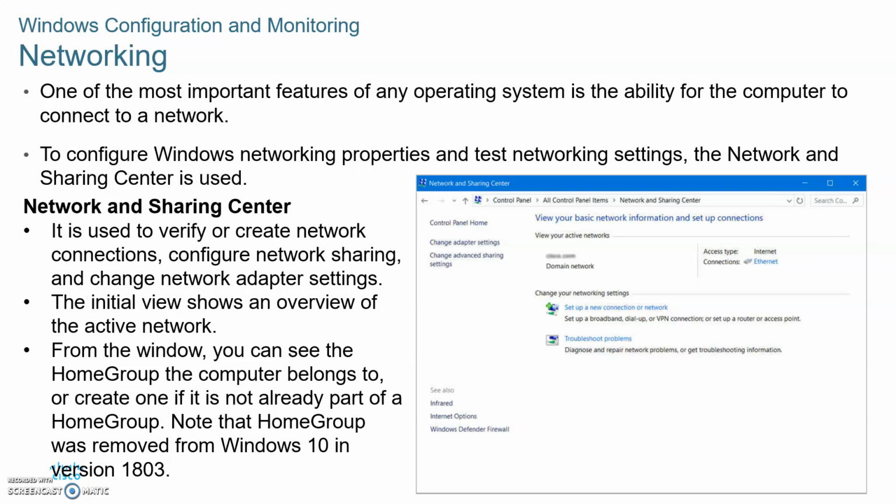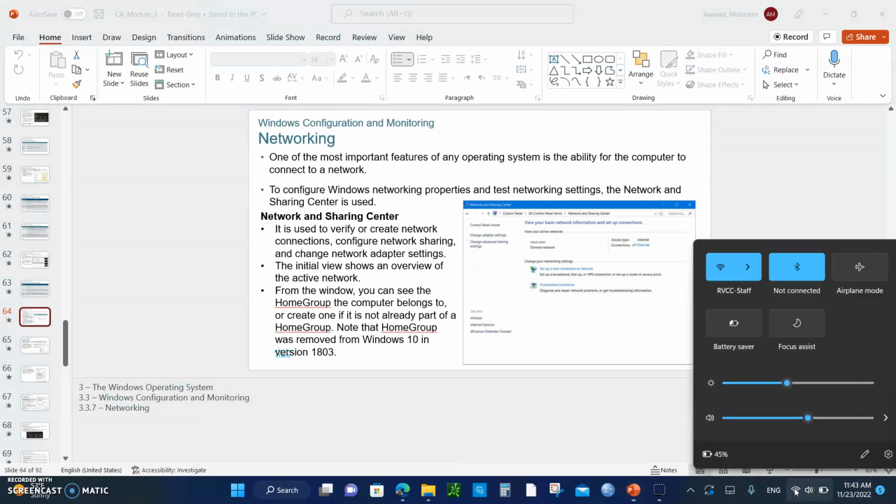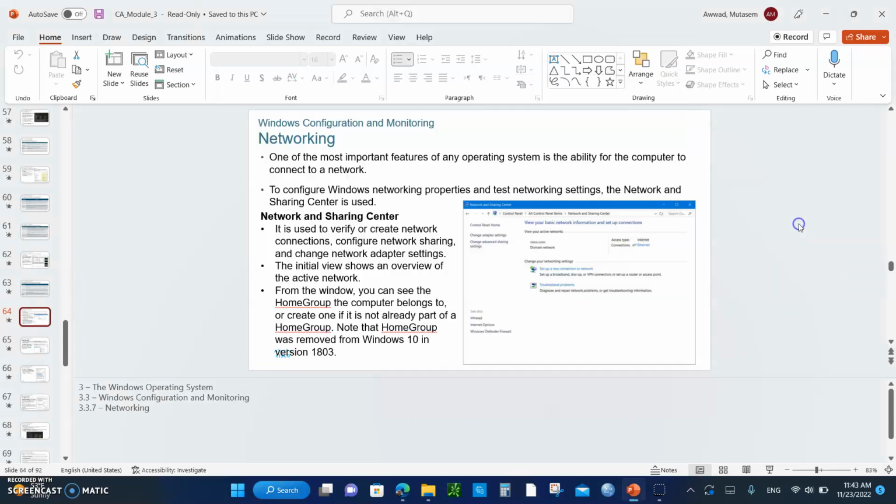Networking is when you want your computer to be connected to a network or even the internet. Okay, so the network and sharing center. We'll practice a lot of this. And the adapter settings, if you want to set up, you can access from the control panel, or that little icon on the bottom right hand corner right here. You click right here, and also I have a Windows 11, and you can go right here into your applications, and you can access it. But in Windows 11, it's a little bit different than what it's showing right here. For Windows 10, this is a Windows 10 PC. Anyway,